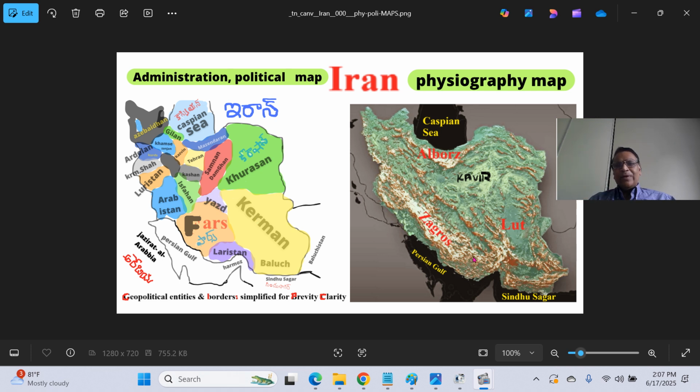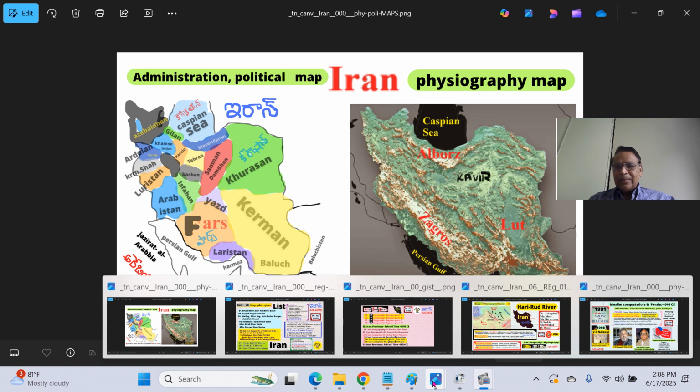When you compare them, you can see the fascinating water bodies, the Persian Gulf and Oman Gulf, and Strait of Hormuz, Zagros Mountains and Alborz Mountains, the Caspian Sea, inland salt lake, Sindh-Sagar Ocean, and so on. Eastern Iranian mountain ranges. This gives a deeper inkling of a particular terrain and land, how these physical geographic landscapes mold the history, culture, and geography of the land.